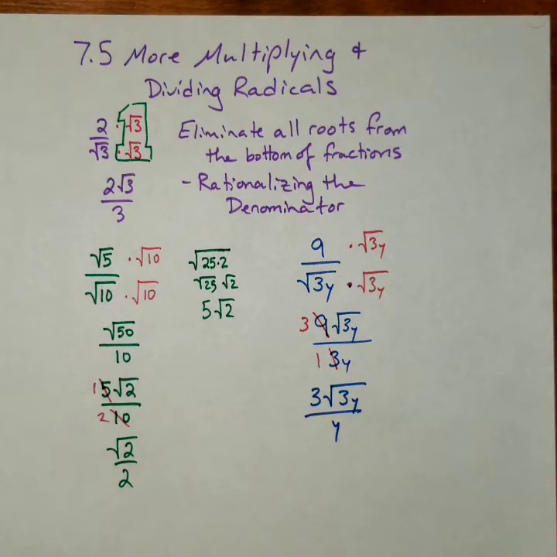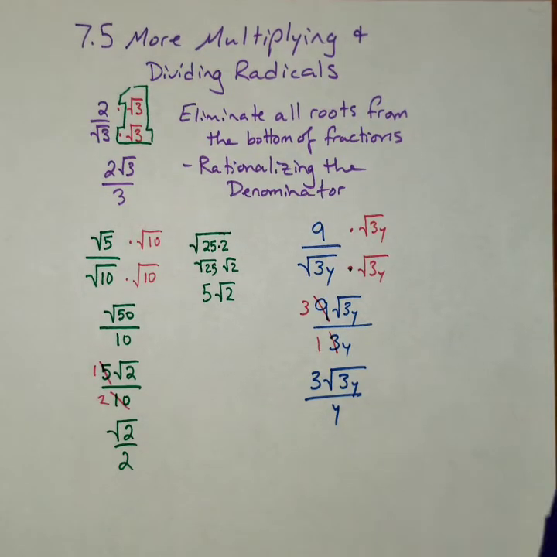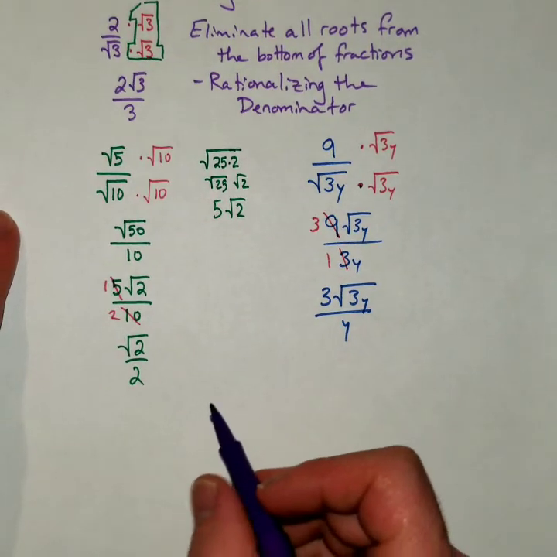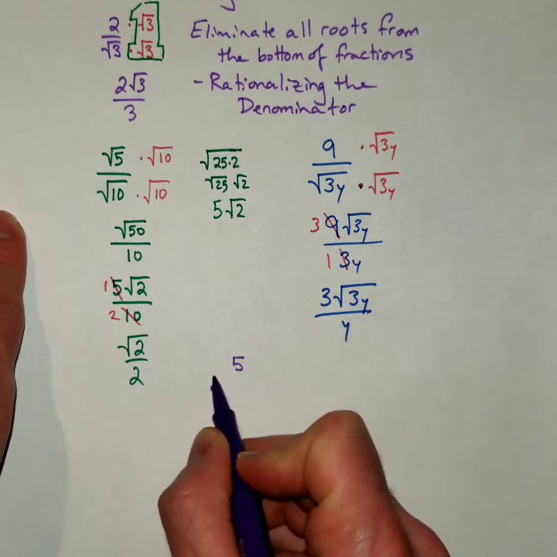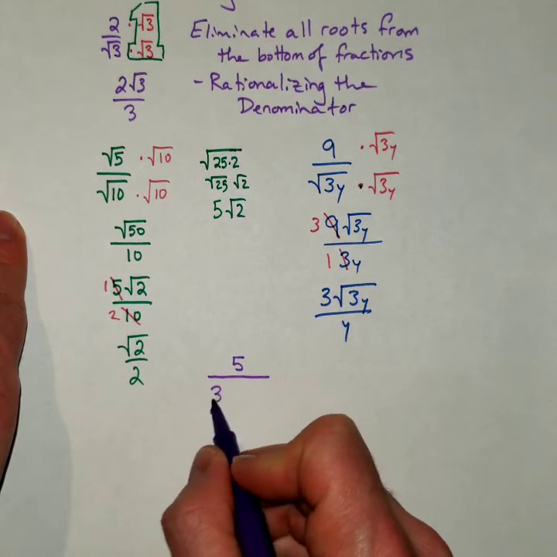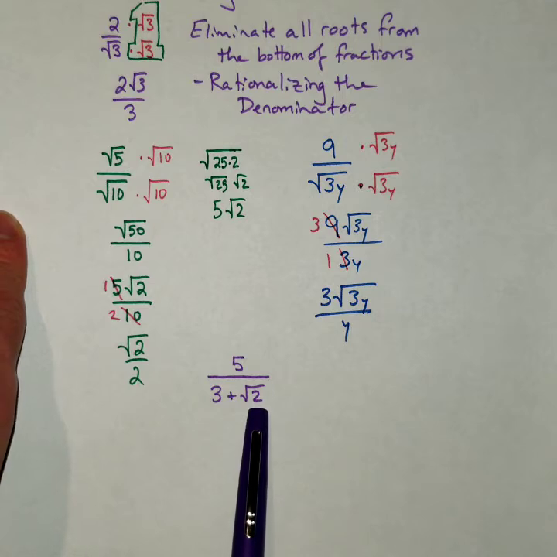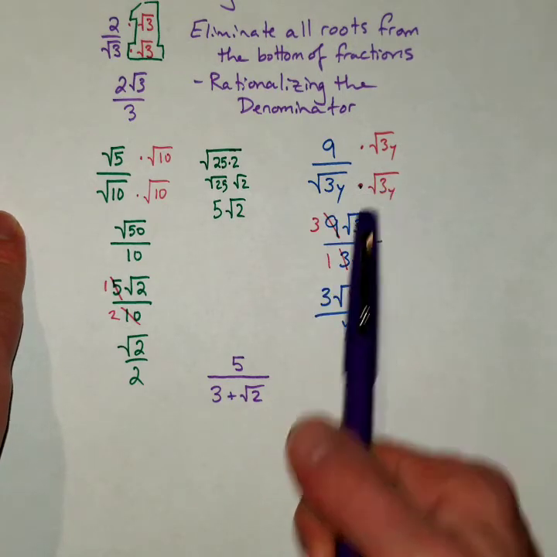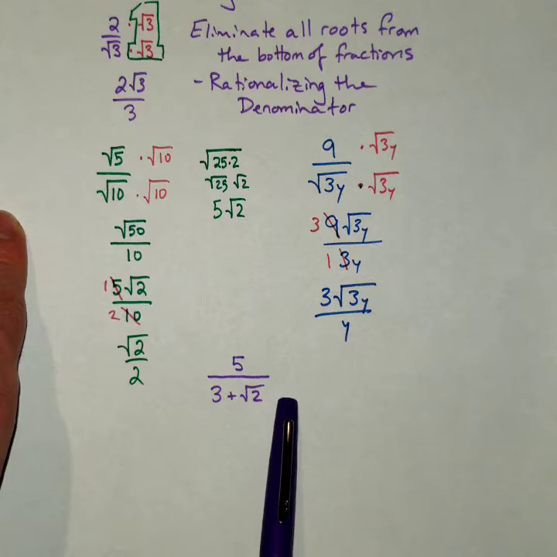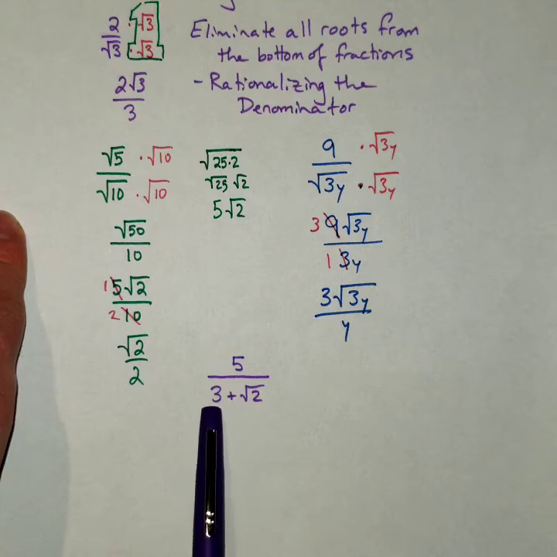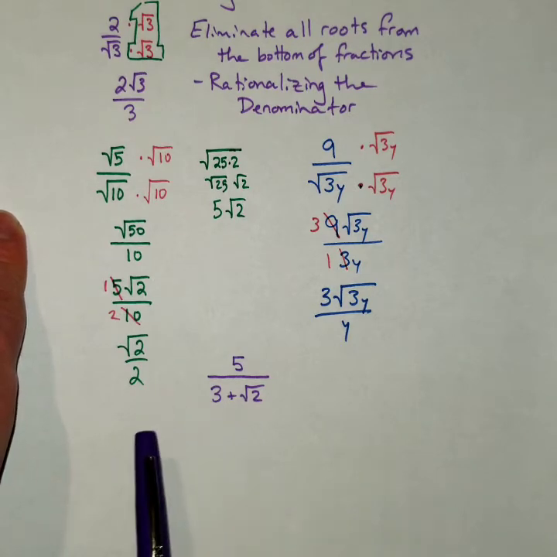Right? Cool. Now let's take a look at one more type of problem that you'll see, and it involves two terms on the bottom. So if you had something like 5 over 3 plus the square root of 2. Now here I cannot just multiply by the root of 2 like we were before, because if I multiply by root 2 on the bottom, it distributes to both terms. It will eliminate this one, but it will add a root to this term,